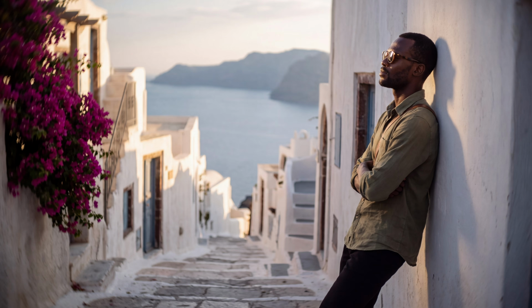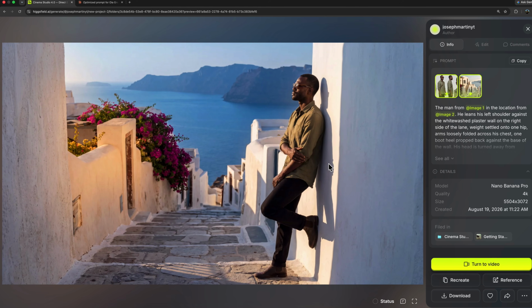When you look at the houses on the left, the sun appears to be shining from the right, but our subject also has a light source on him, which is clearly coming from the left. This isn't Tatooine. We only have one sun, so this is impossible. When I generated in Nano Banana Pro without